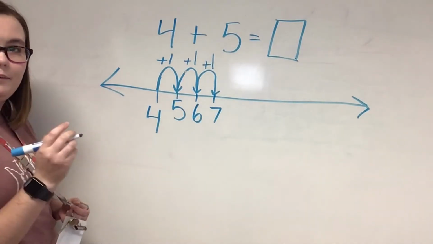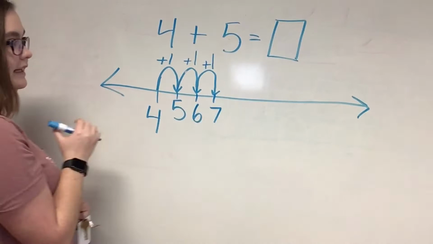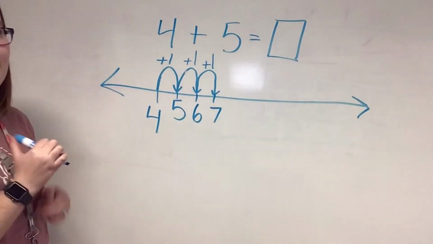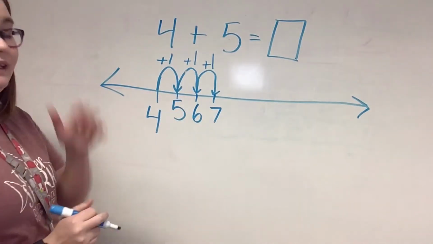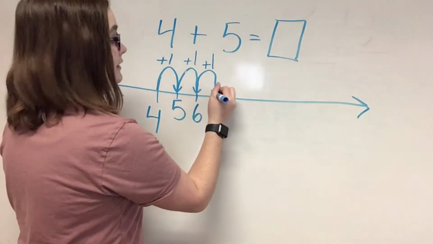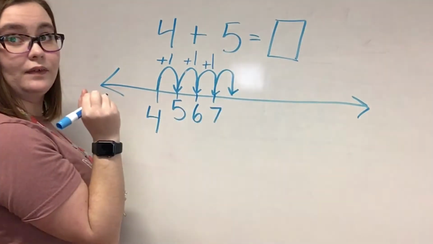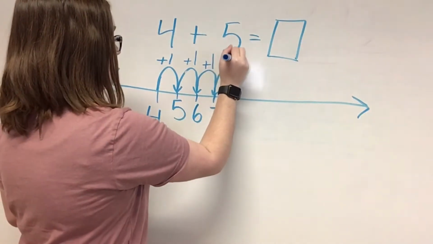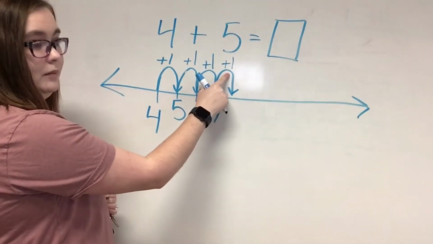So, how many units of 1 have I jumped? 1, 2, 3. I've only jumped 3. How many do I need to jump? 5. I need to jump 5. So I better keep going. I'm not there yet. Okay, this is a jump of 1. A jump of a unit of 1. 7. And 1 more is